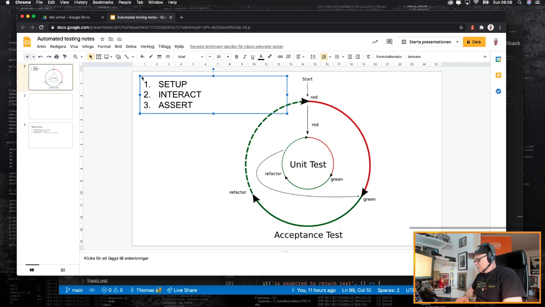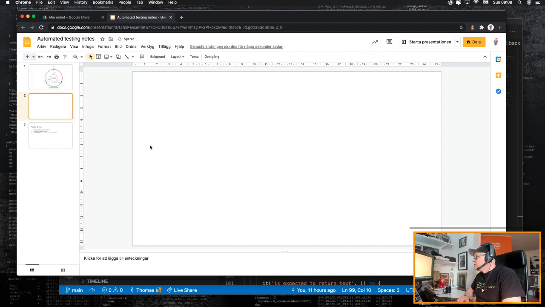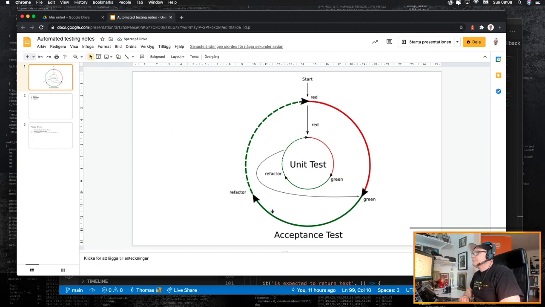So we see two circles, and each circle is divided into three parts, and those three parts are the same for both of them. The first is colored red, the second one is green, and the third one is dotted. The red part of the circle, one third of the circle, stands for a part in time where you write your automated tests, and you have those tests go